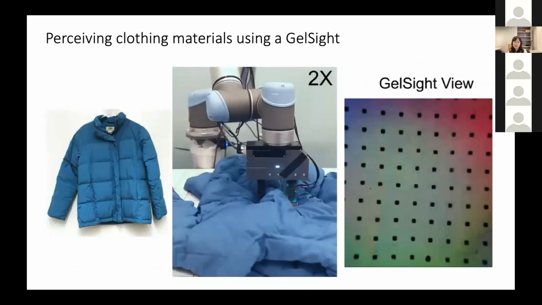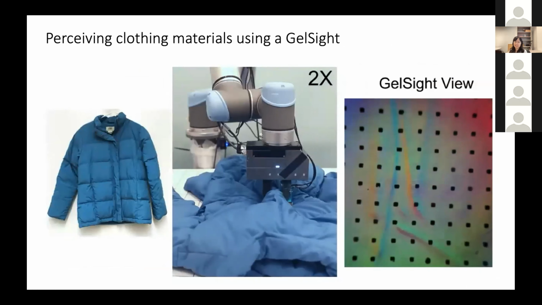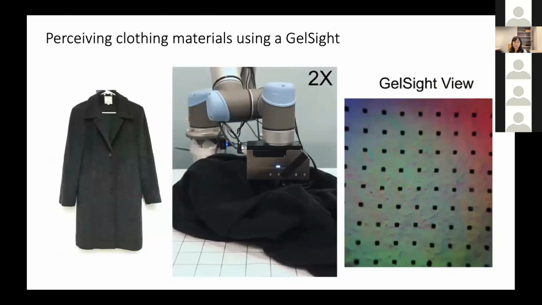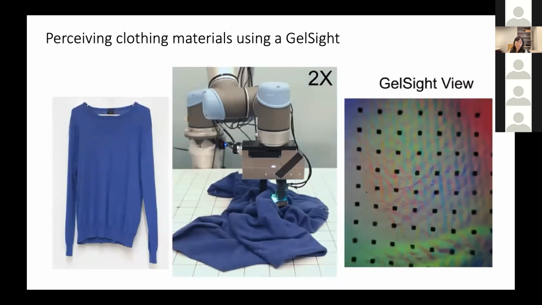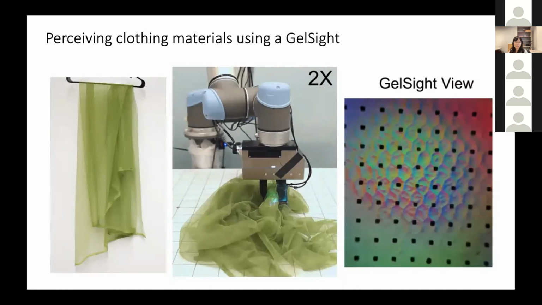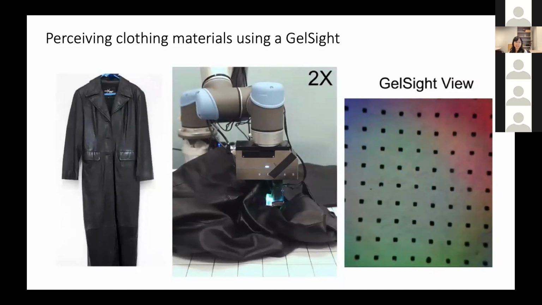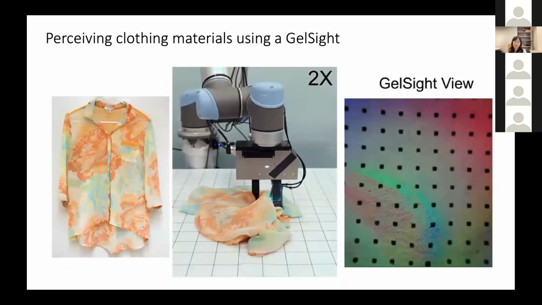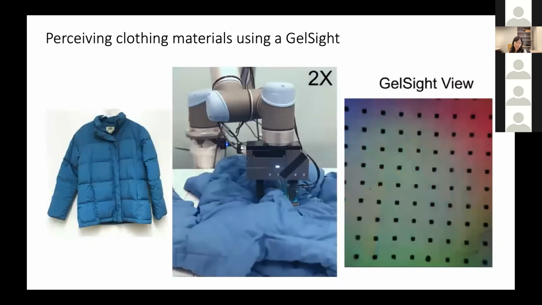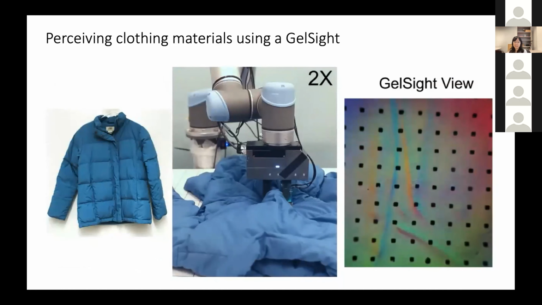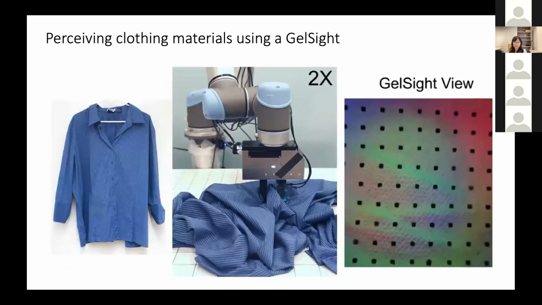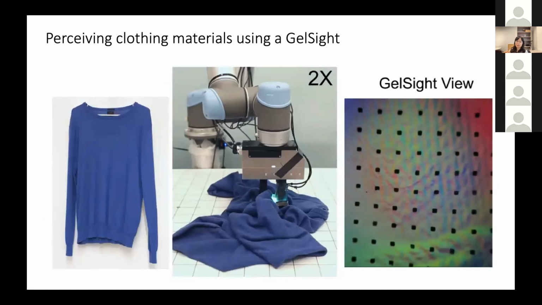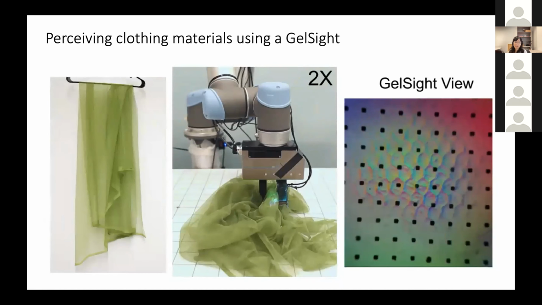We can see that different materials may have very different shapes of the textures on the surface. But other than that, there's also other global information, such as the shape of the contact area surface. Is the robot squeezing on a very soft surface that changes very slowly, or a very rigid surface that is not really deformable and suddenly cuts the shape? And when there are foldings on the contact surface, what's the shape of the foldings? Are they very sharp foldings or very soft foldings? All this information is very informative about not only the type of the material, but also the internal